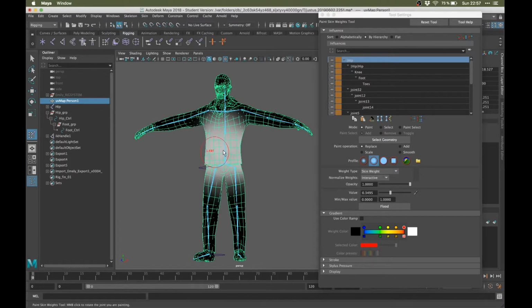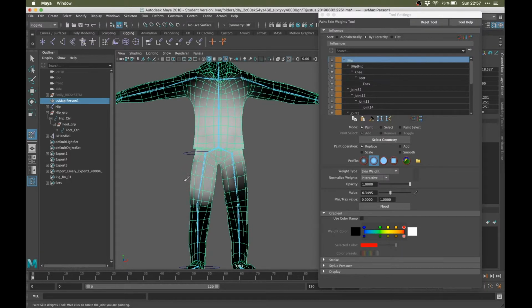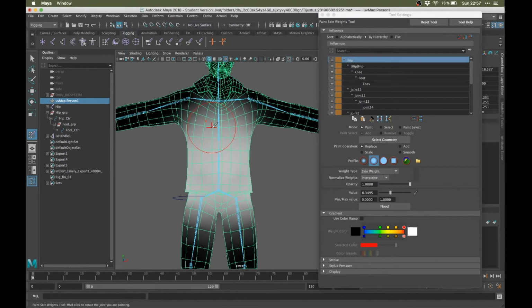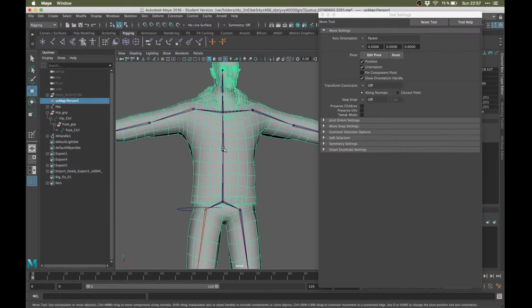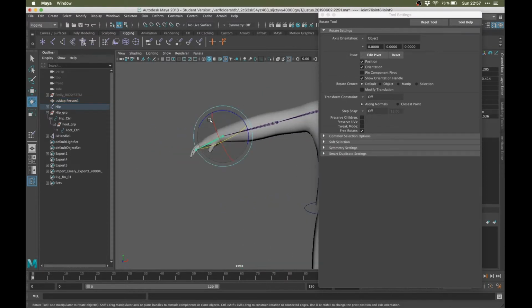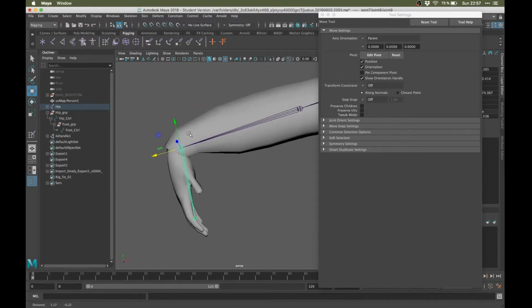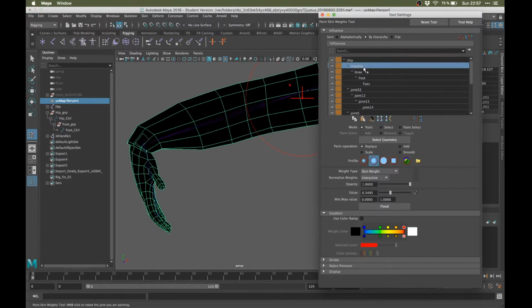And then you have a little brush, and with that brush you can paint the actual weights, or how much influence a joint should have on your mesh, on your selected vertices. So if, for example, I take a look at that hand, I don't want the rest of the arm to be moved alongside the hand. So double click on that, select the correct joint,